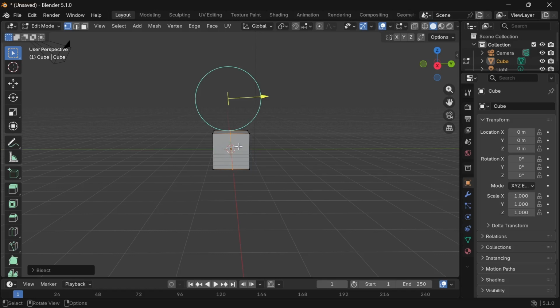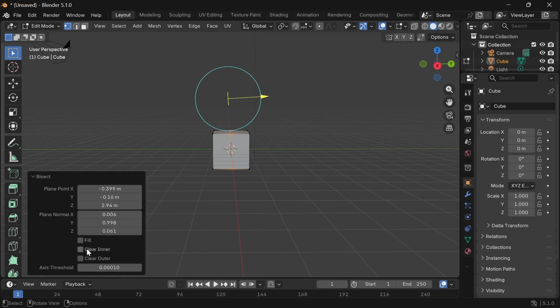Then once you're done doing that, you want to go over to this option that says bisect right over here. Click on this arrow to expand it, and then make sure that your plane point X is set to 0. Make sure that all of these other ones are set to 0 again. Click on 0, set them to 0, also this one to 0, and then make sure that your plane normal X is set to 1. So set this to 1,